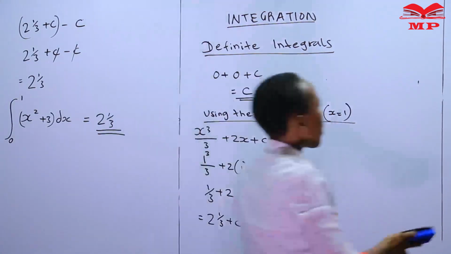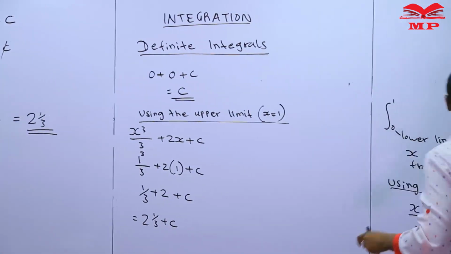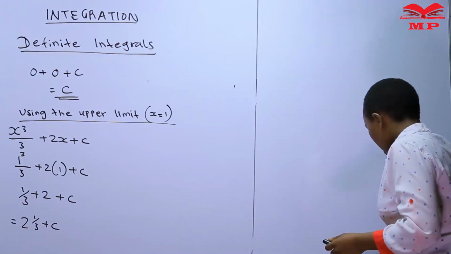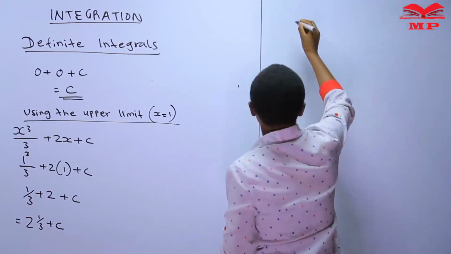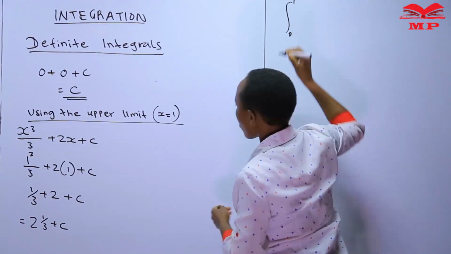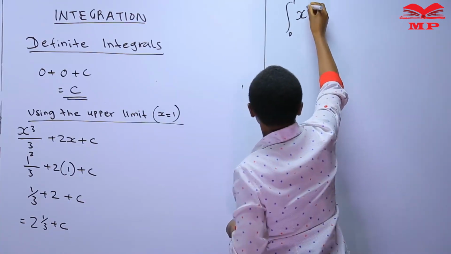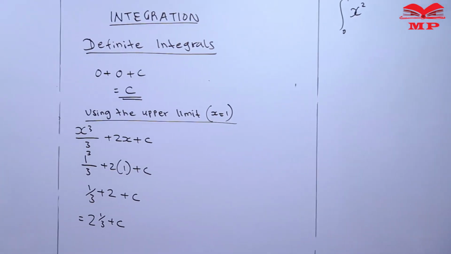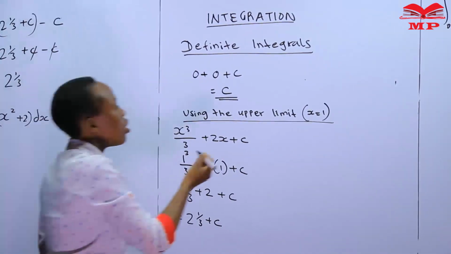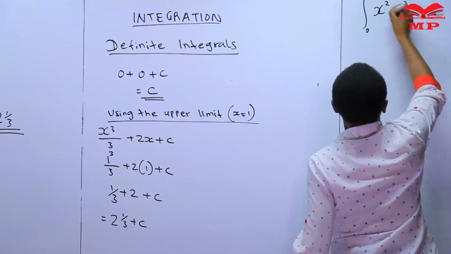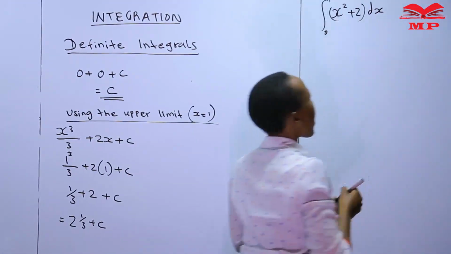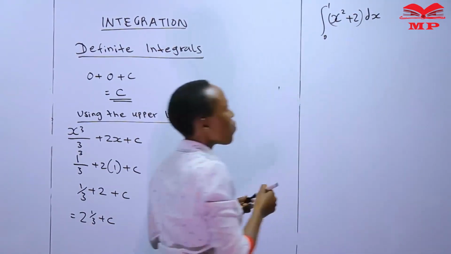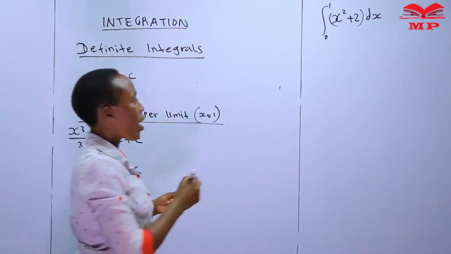And maybe we can make a summary of what I've just explained, whereby in case you have the following definite integral, you've been told to find this. It is from 0 to 1, and you have your x squared. Sorry, this was supposed to be plus 2. The equation that we had, x squared plus 2. So when we have x squared plus 2, you are integrating with respect to x. It simply means that we find the integral for this x squared plus 2 with respect to x,